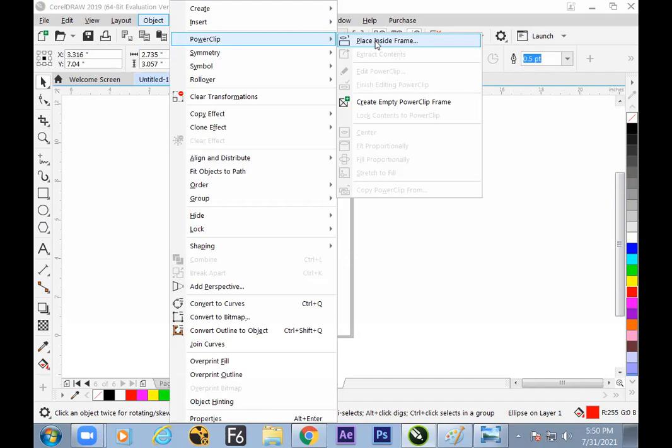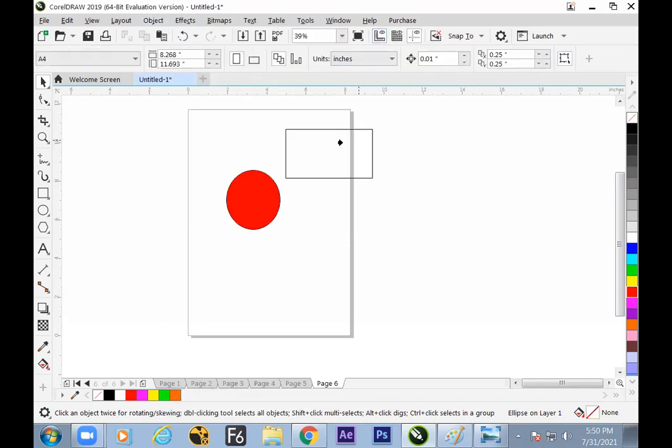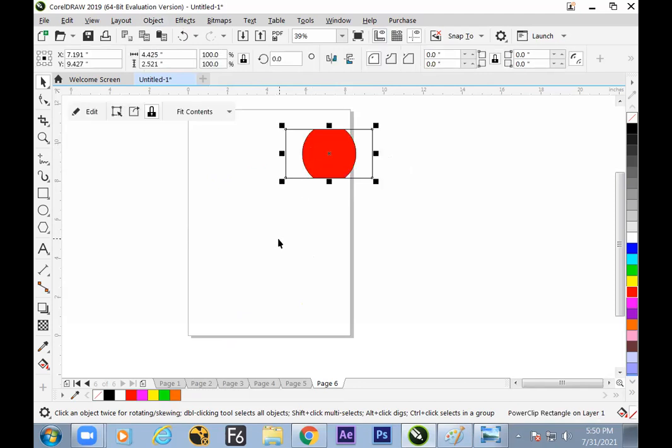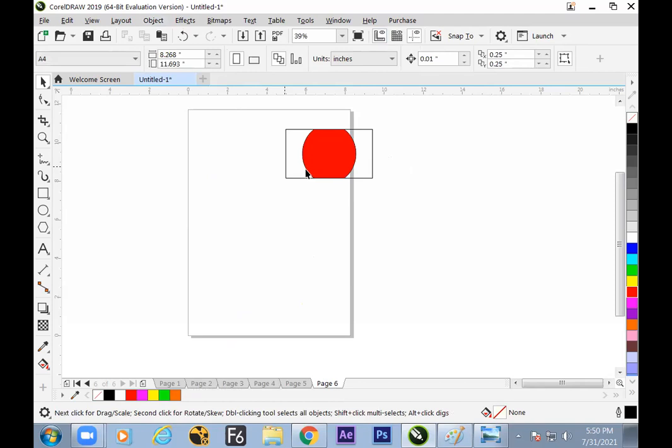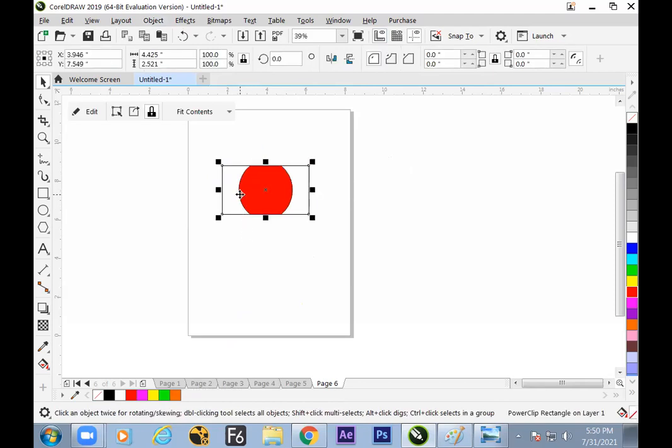Then the software will turn the cursor into an arrow mark, showing on which object I need to place this. Just click on the target object. Job is done. So hope we have understood how to hide one object inside the other object.